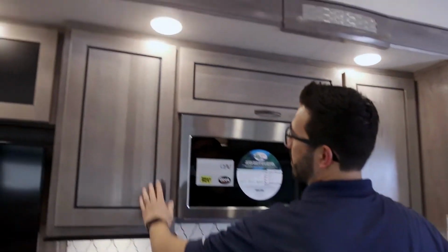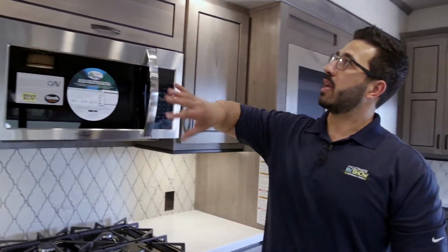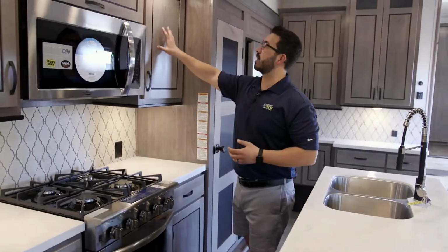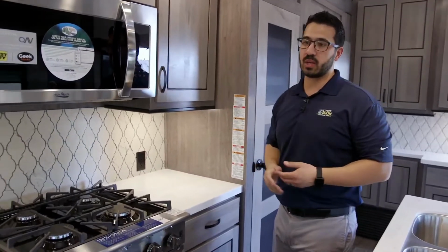I also like what they did with the stain. I think it's kind of unique, you know, especially in the wood too, right? So many manufacturers in 2021 went very light with the woodwork. Cedar Creek, you'll see, stayed kind of in between, right? It's not a dark wood, it's not a light wood, kind of in between,